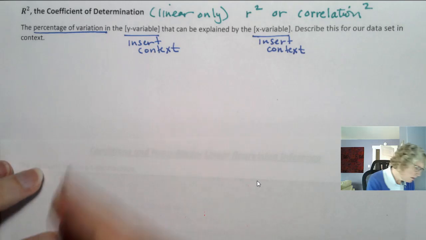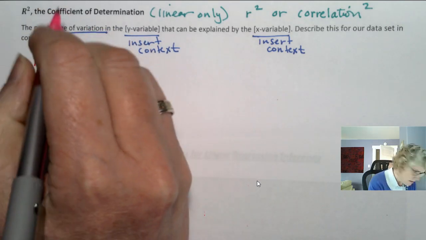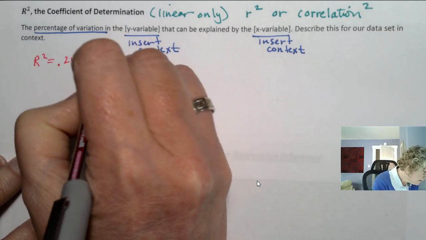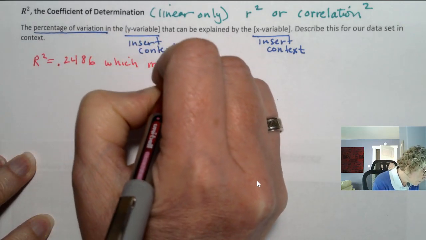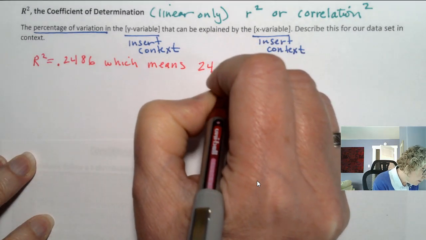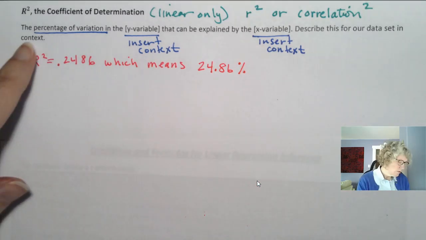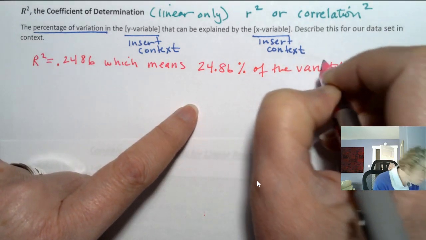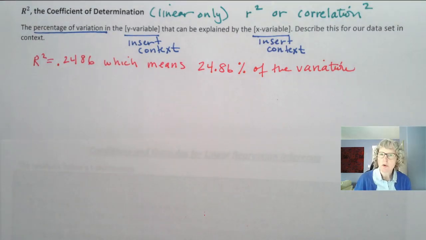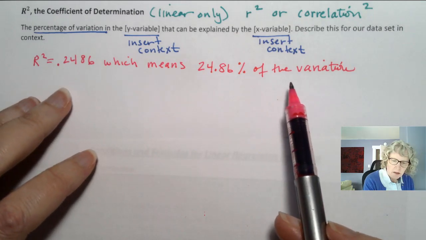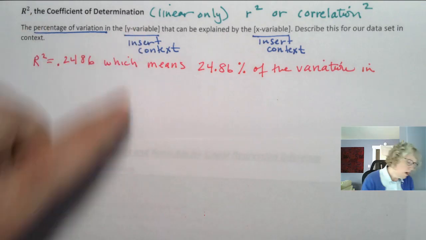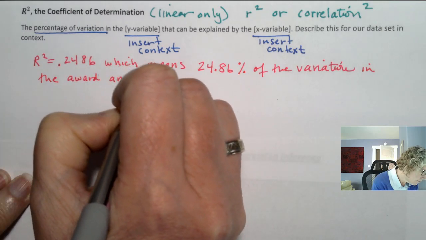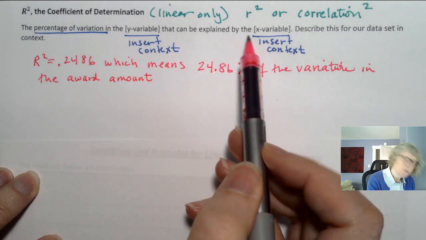So let's write this down. R squared equals 0.2486, which means, now I'm going to turn it into a percentage, 24.86%. So it's the percent of the variation, and we're still talking about the financial aid award at this college, Elmhurst University, of the variation in the y variable. So in the award amount, okay, that can be explained by,